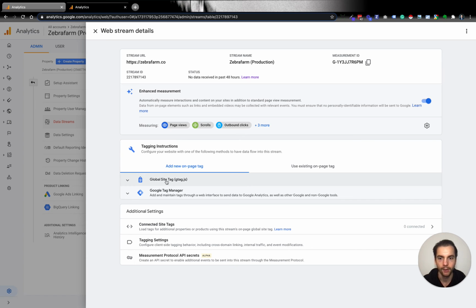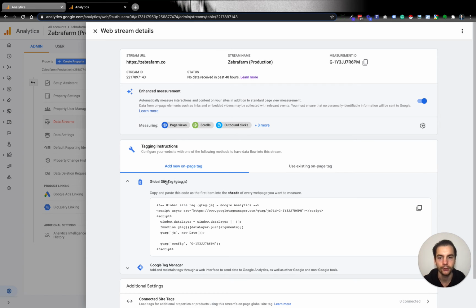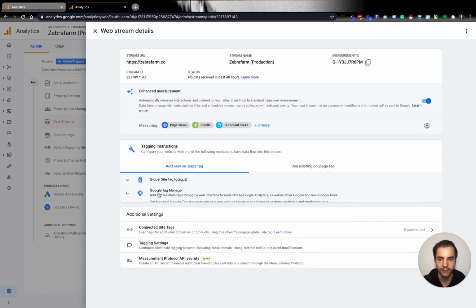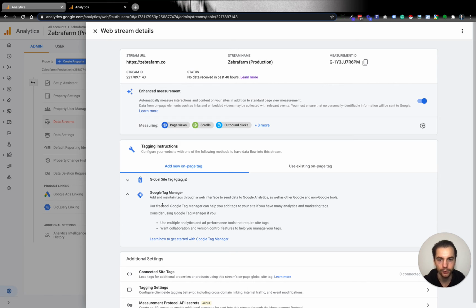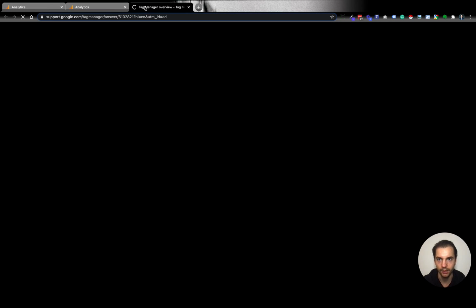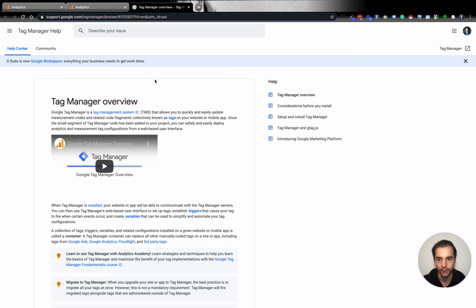So my general recommendation is to never use this option. So never just copy paste this script and place this in the head tag, installing Google Analytics 4 that way. If you're creating a new account, try to right away migrate to Google Tag Manager, and then within Google Tag Manager, install the tag. So to give a brief indication how that would work, if you go into Google Tag Manager,